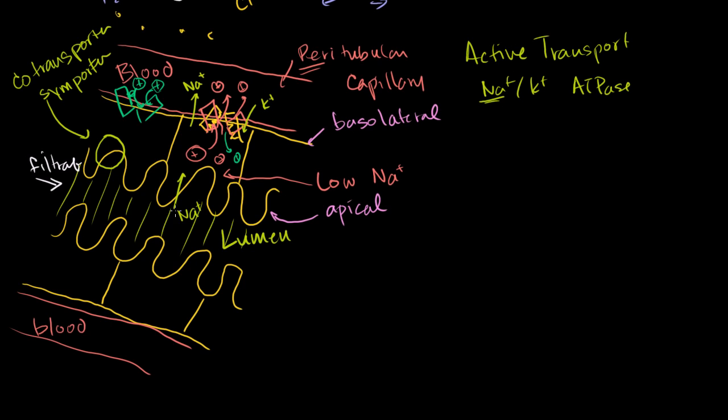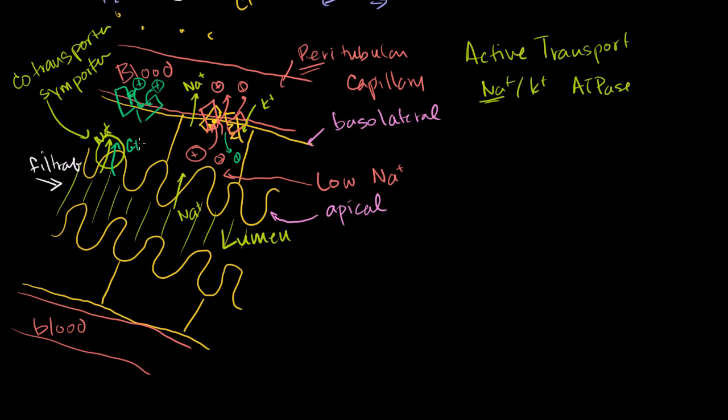Sodium would want to cross that if there was no barrier. And what the cells do is take advantage of sodium wanting to move down its concentration gradient, which is happening because of this active transport over here. They use that energy of sodium going down its concentration gradient to actually also transport, in this case,